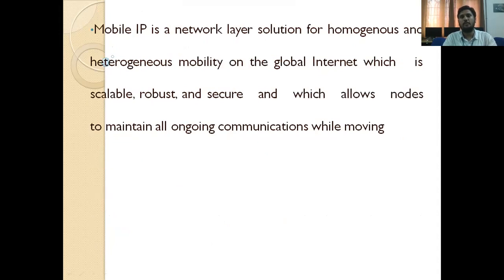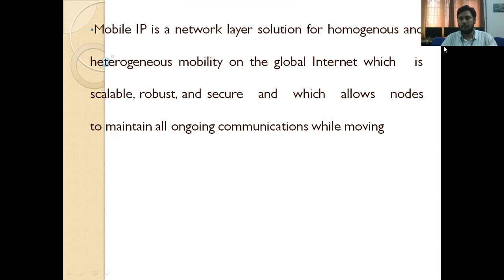And mobile IP is a network layer solution for homogeneous and heterogeneous mobility on the global internet, which is scalable, robust, and secure, and which allows nodes to maintain all ongoing communication while moving.